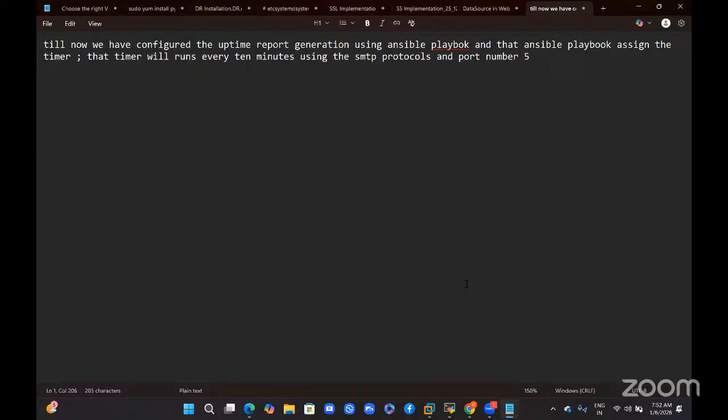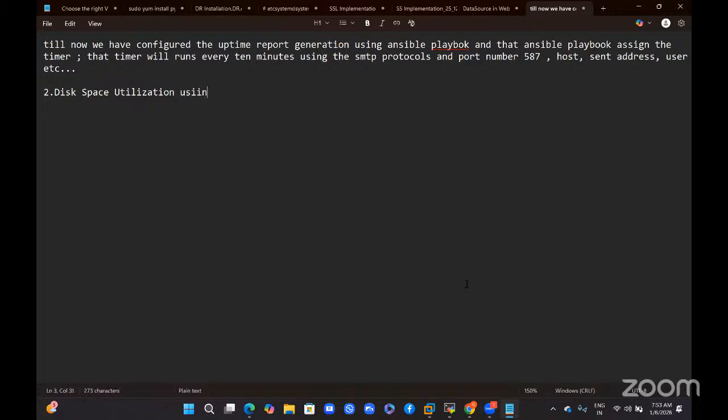Port number is 587, and the host, send address, user and etc. In the same way, disk space utilization